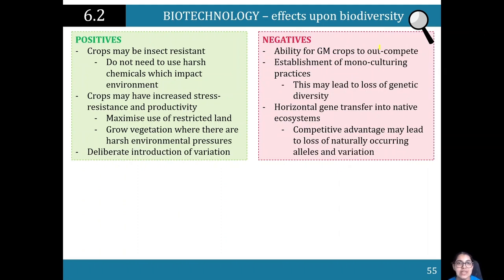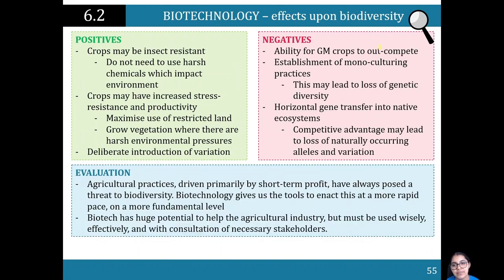There is also the establishment of monocultures, of having one species of a certain thing, because it has good environmental yield and it's cheap and inexpensive. A good example of that is Cavendish bananas, and that can lead to the loss of genetic diversity. There's also horizontal gene transfer into native ecosystems, and